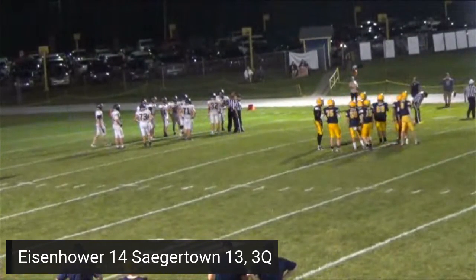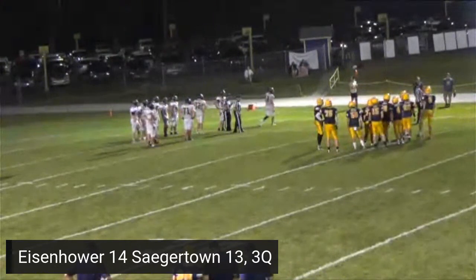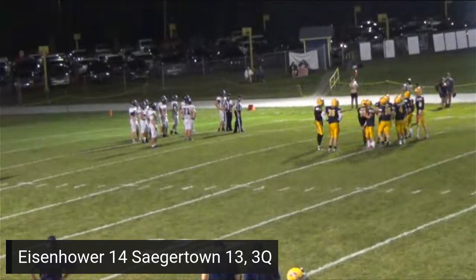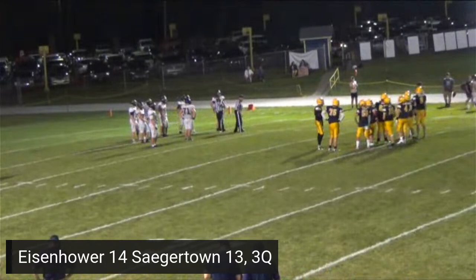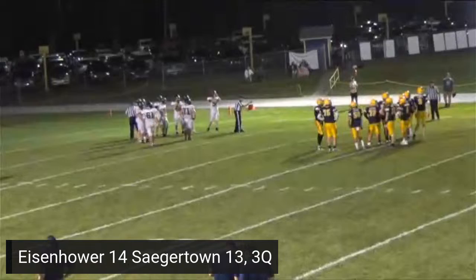And it looks like this may be against the Knights as their officials are going over and talking to the Saegertown sideline. It is a hold against Eisenhower